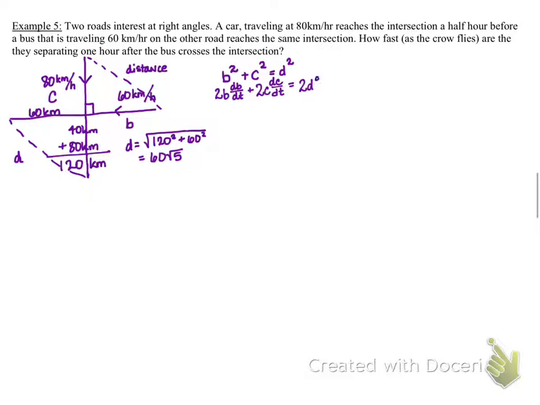I knew there was something funny. DD, what? I'm just going to call it that. And